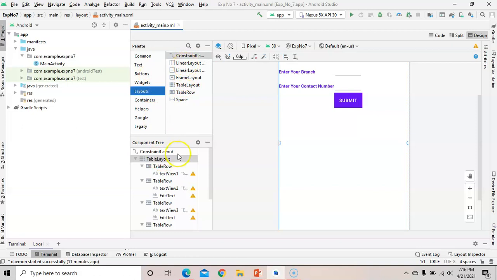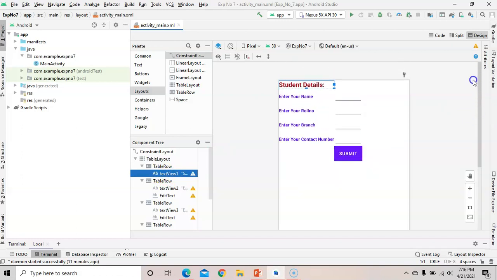We will use the table layout in this program. So take a table layout and then add one table row. Add one table row here, and in that table row, add a text view. The first text view is showing student details.